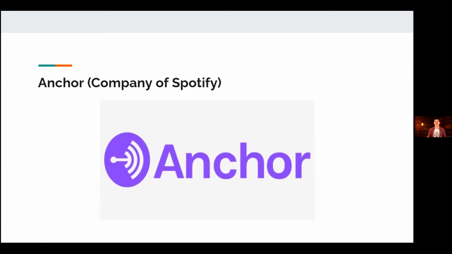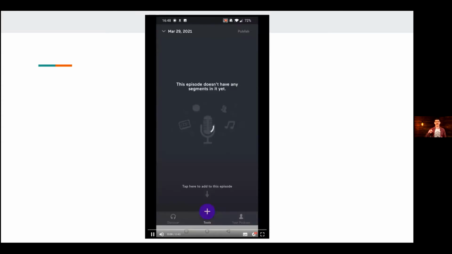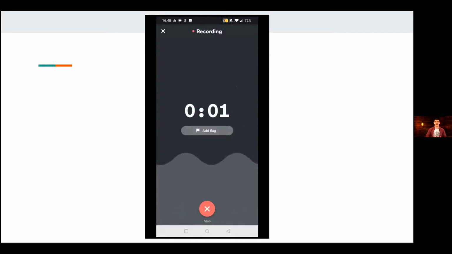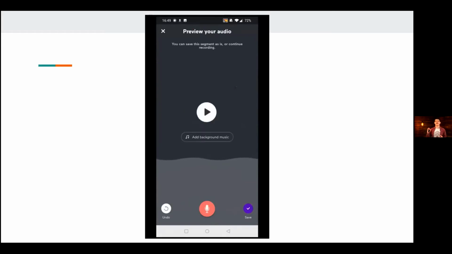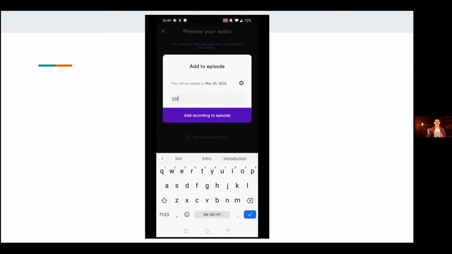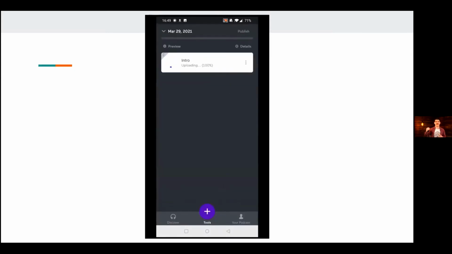I was actually testing it just before today, so to explain a little bit, I'm going to show you how that works. So essentially, you install the app, and the only thing that you need to do is click on the plus sign and start recording. This is using the microphone from your phone. You can use different microphones to have better quality, but it's as simple as that. Once you're done recording, you click on save, and this is where you have your file. You name it. In this case, I named it intro, and it was just the intro, and I can then just keep